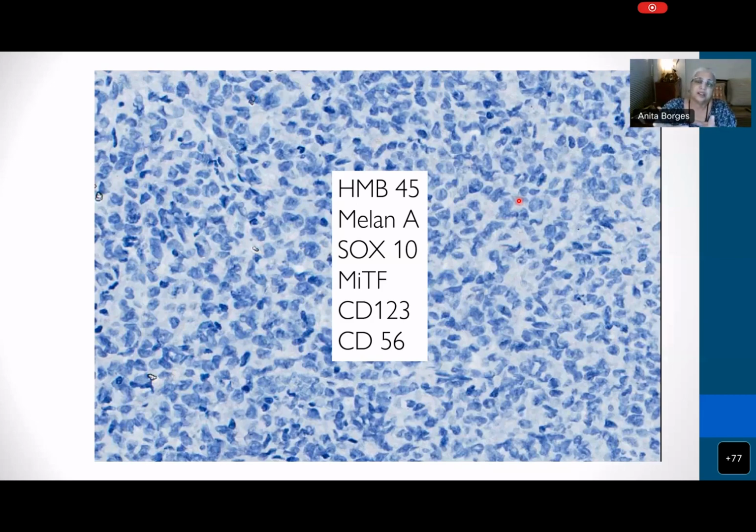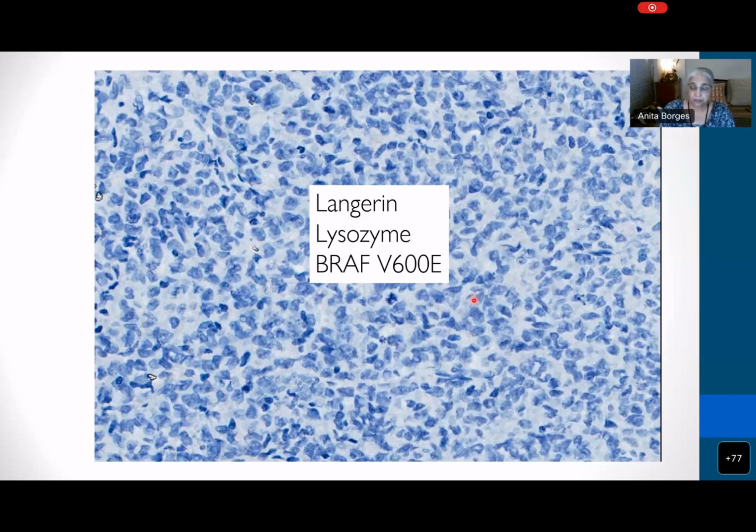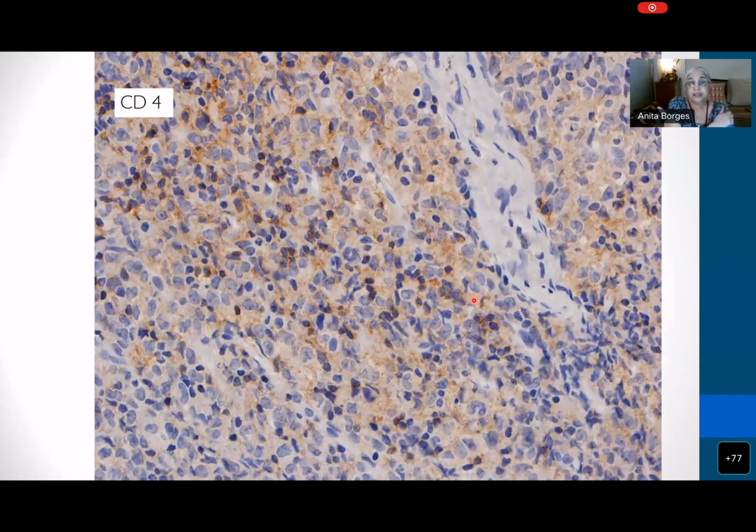So I would not really consider melanoma in this particular case, but nonetheless, anything that is S100 protein positive and has no other marker, in this case there was LCA as well, and I don't expect to find that in a melanoma. You must rule out a melanoma, and we did every single one of that, as well as ruled out a plasmacytoid dendritic cell neoplasm. No langerin, no lysozyme, no BRAF V600E. There was CD4, which again tells you that yes, this is a histiocytic neoplasm, albeit that it is expressing S100